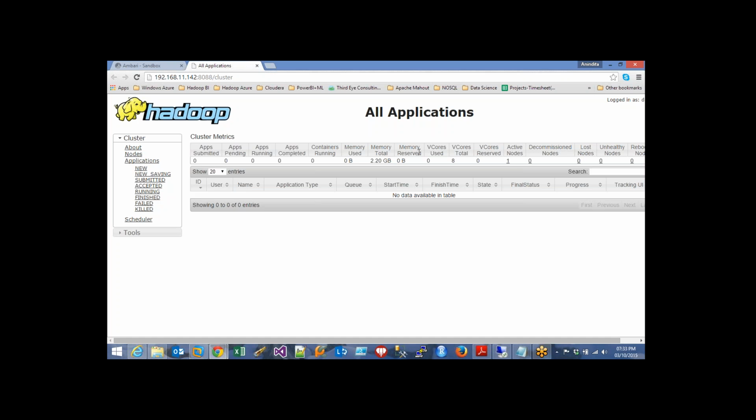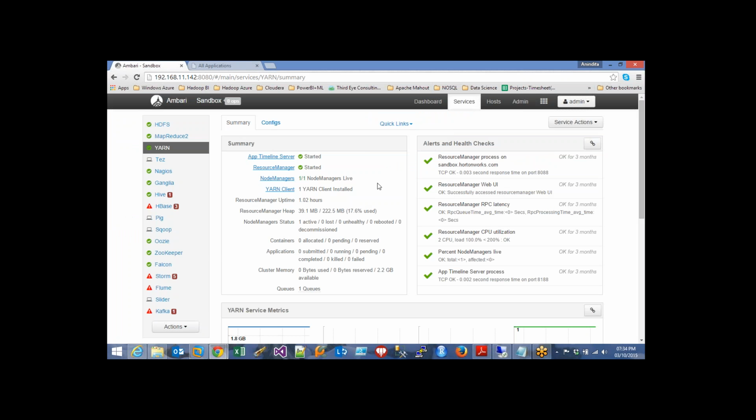As you can see right now, no default policy has been configured for yarn, and no specific configurations are available from the cluster metrics. Now what you need to do is configure those specific metrics for ourselves, and what you can do for this is go back to the yarn portal